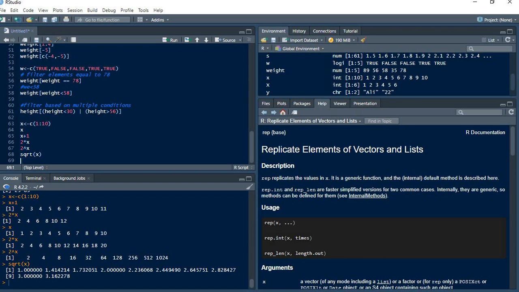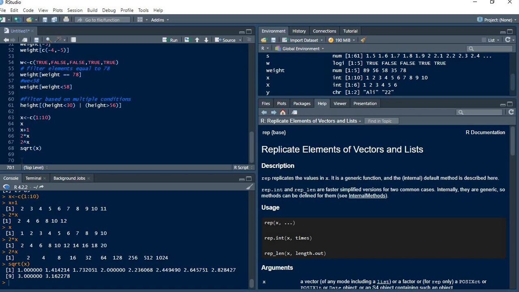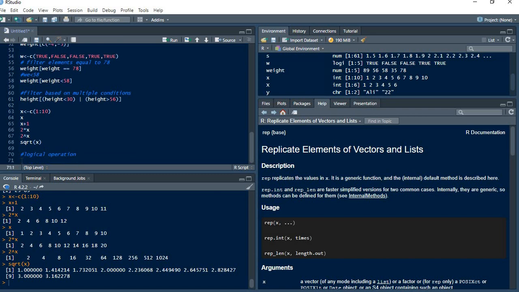Now we can also do the logical operation. Actually, Mary asked this question, but we were coming there. So we can do what we call the logical operation. Now, for the logical operation,